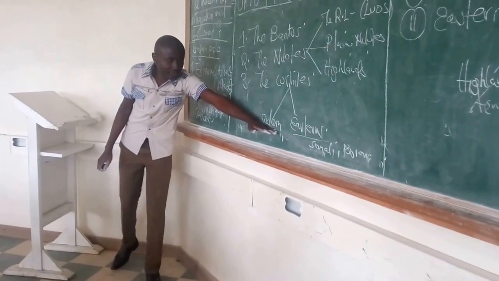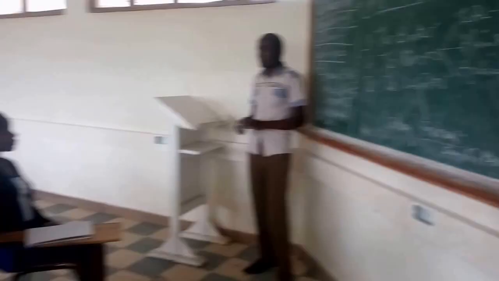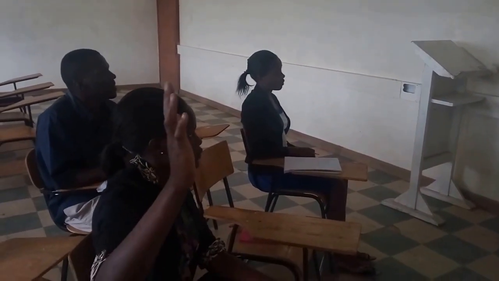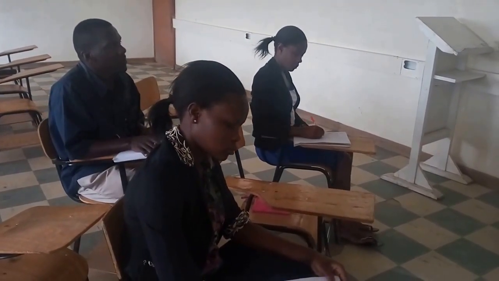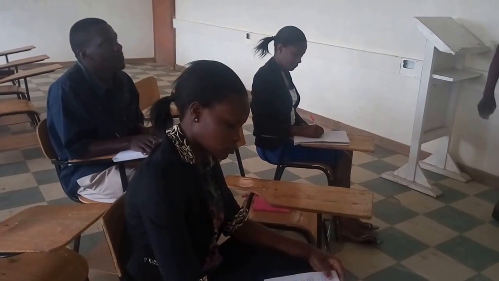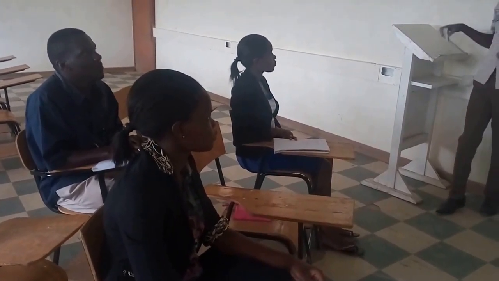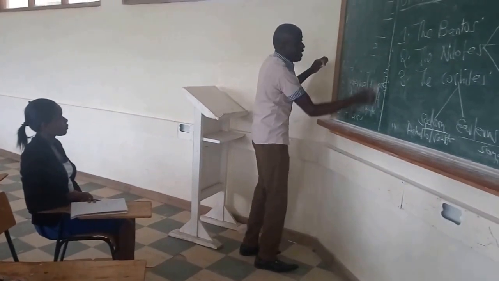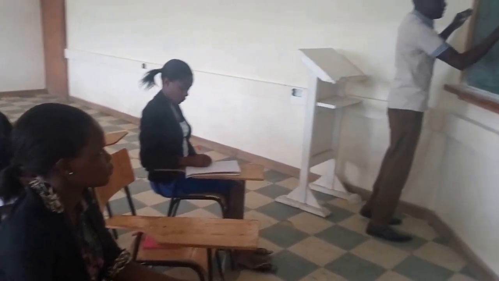Now, can you identify one major group of the Southern Kusites in Kenya? Yes, Anne? Daalo, another name for Daalo. Yes, Francisca? Sanyi. So we have Daalo or Sanyi. So this is all about the division of the linguistic groups in Kenya. Let's now come to the conclusion by looking at the effects of their migration and settlement into Kenya.